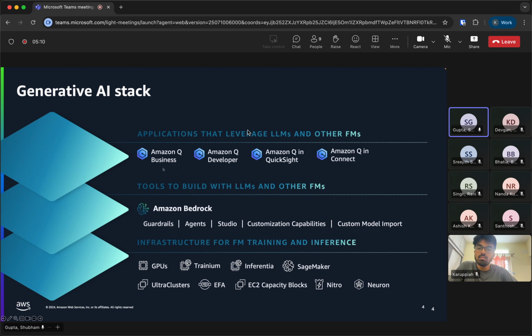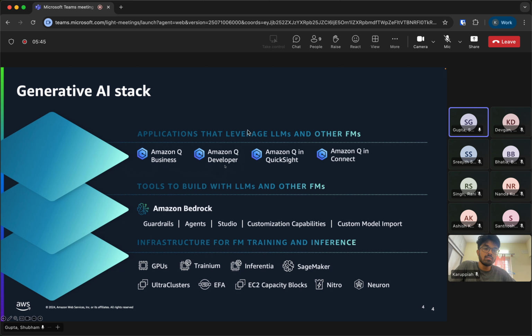Then at the top, we have another set of services which directly help you improve your productivity. Something like Q Business, where you can plug in directly your enterprise knowledge base. Like if you have some HR documents, you have some run books, right? You can directly plug into that, and you can directly start querying it. And not only querying, you can also build your purpose-built apps on top of it. For example, again for your HR management system or your ticketing system. So these sort of things Q Business enables you to do.